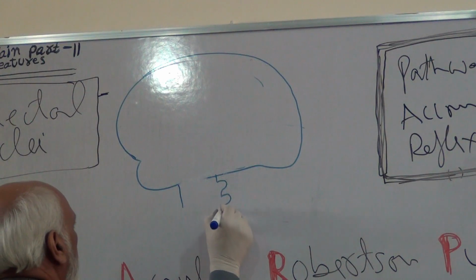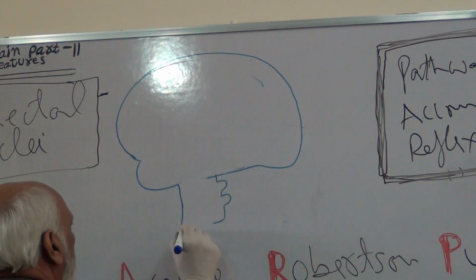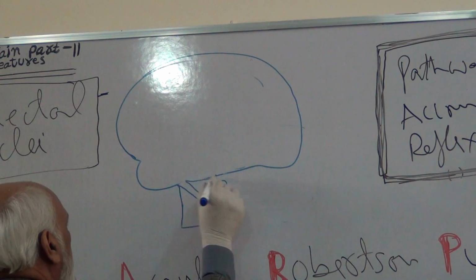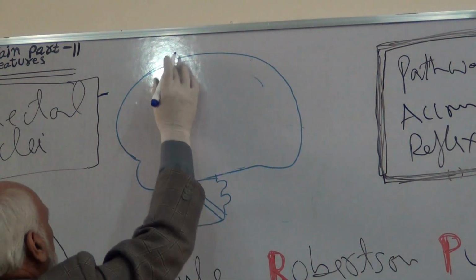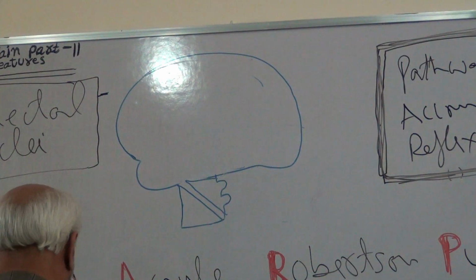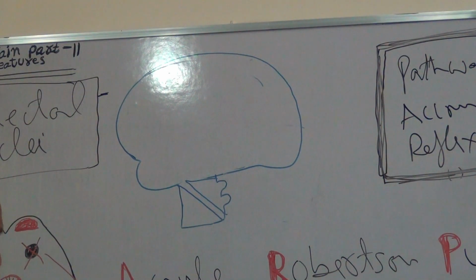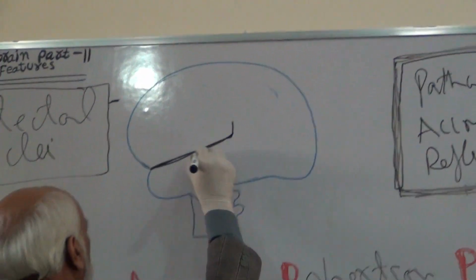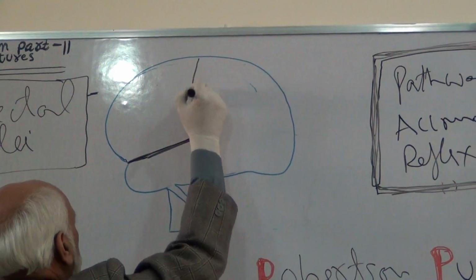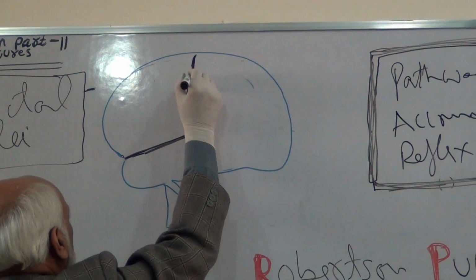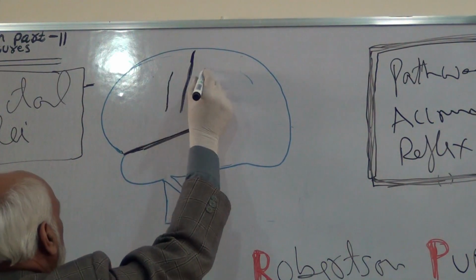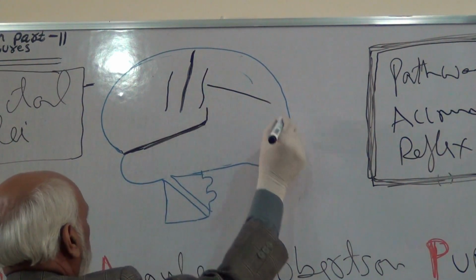Midbrain, traversed by the cerebral aqueduct. You know the different sulci: the posterior ramus of the lateral sulcus, central sulcus, then precentral sulcus, postcentral sulcus, intraparietal sulcus,